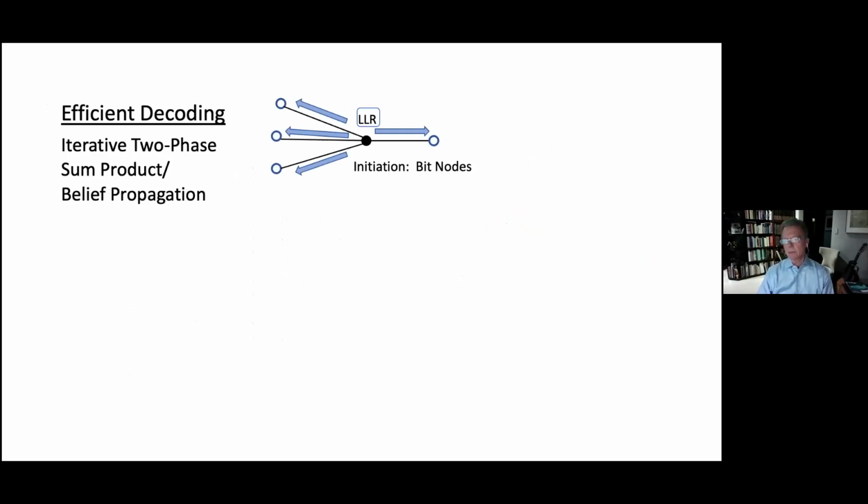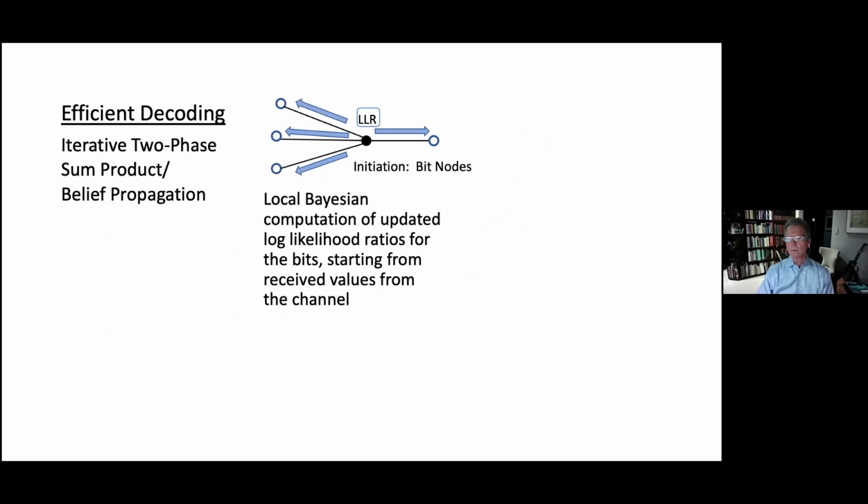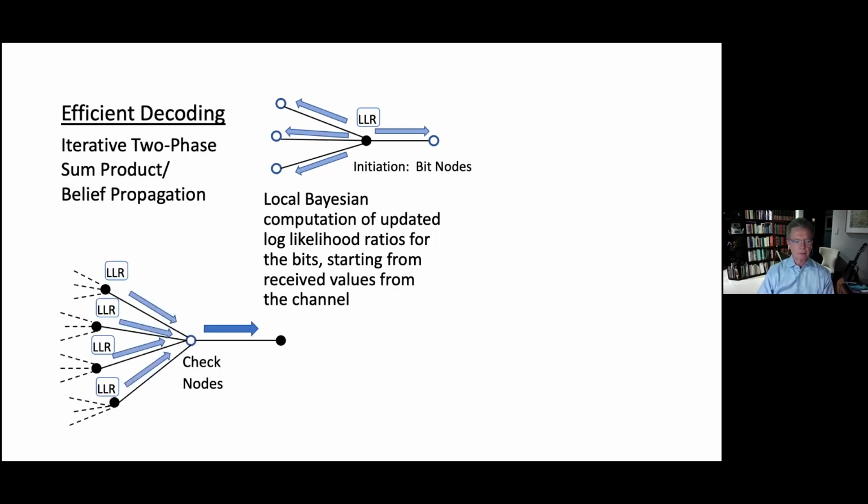So the first stage, you can take the log likelihood ratio for a bit as received from the channel. You pass that to the adjacent checks in the graph. And then you can do local Bayesian computations, updating the log likelihood ratios for each of those bits once you've started from the received values from the channel. And it's got sort of 2 phases and various forms. The flooding algorithm, all of them pass their information about their current view based on the information they've been receiving from other nodes and whatever they started with to a check node, and the check node can then update a Bayesian computation for another